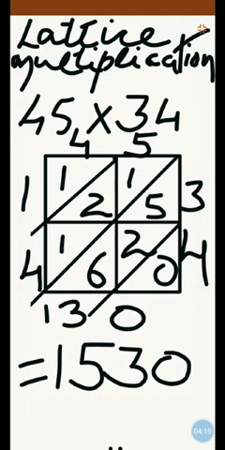And write whatever we get. Then we write at the ones place whatever number we are having here. If there is a carryover, it goes to the next position. 3 remains here, 1 goes to carry, 4 and 1, 5 and 1 at the thousands place. So what is my net answer? 1530.